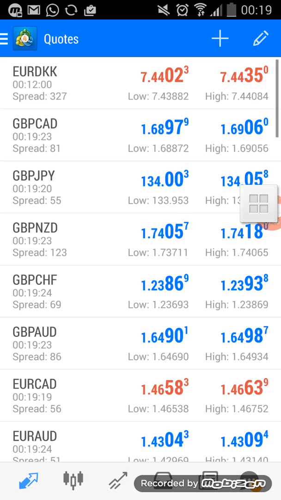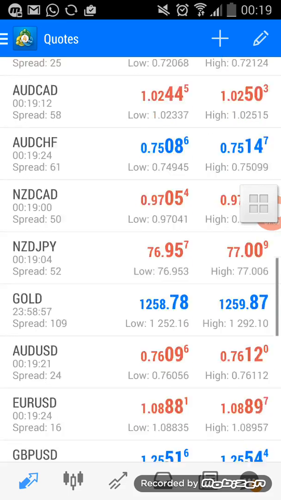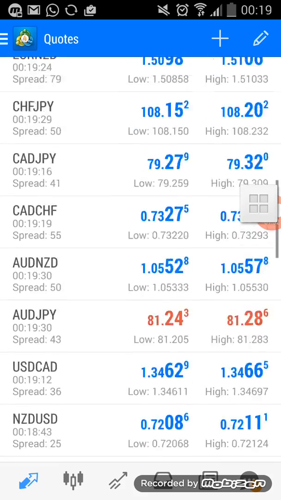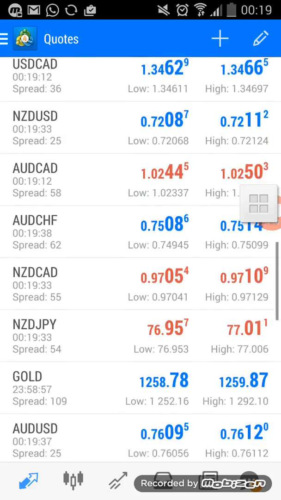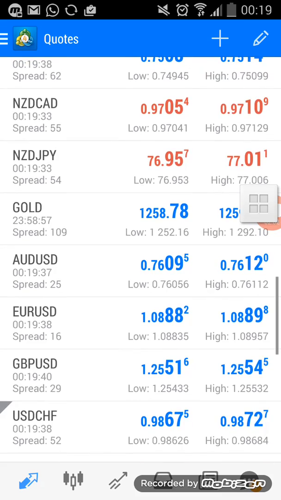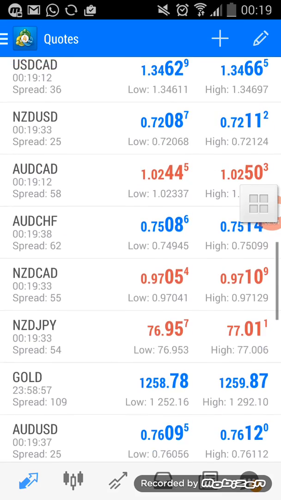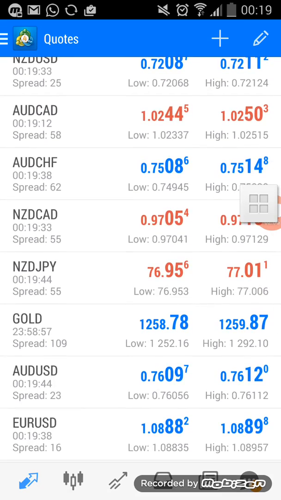If we look at the bottom right, I've just clicked on the two arrows over there. If I click there, it shows me all of my currency pairs. It's a standard account. Okay, it's a live account. So I'm just gonna show you a few things. So these are the pairs that I've been trading,